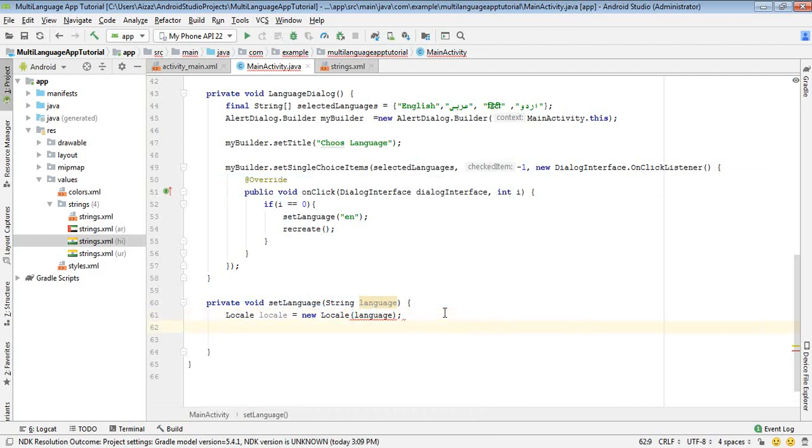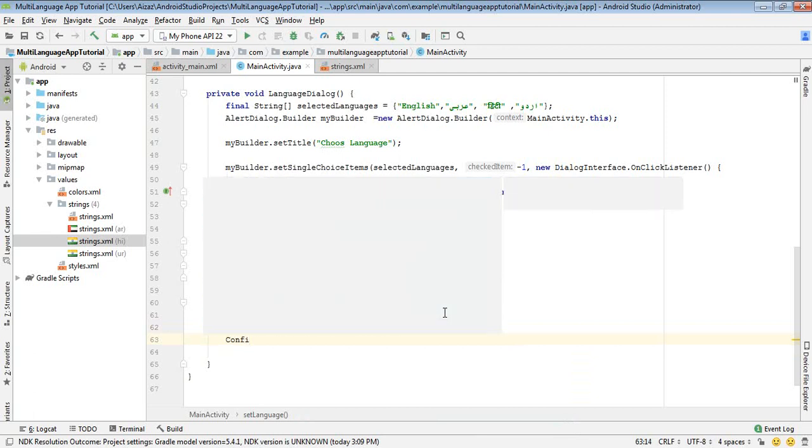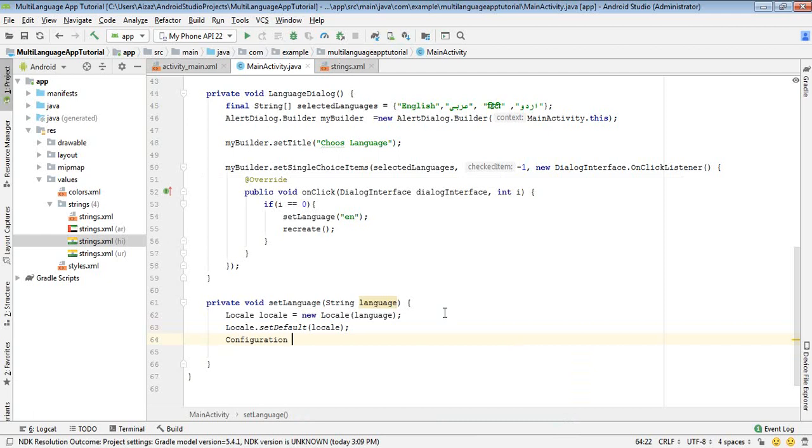After this I'm going to write Locale dot setDefault, and inside here I can write the object locale. After this I can write Configuration. Let's wait until it shows me Configuration, and I can give it a name my config equal to